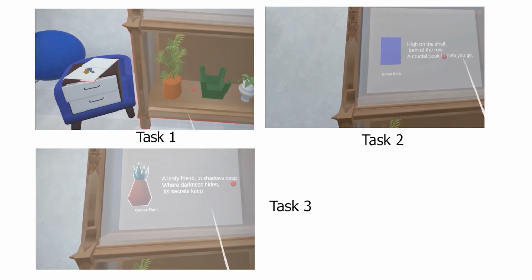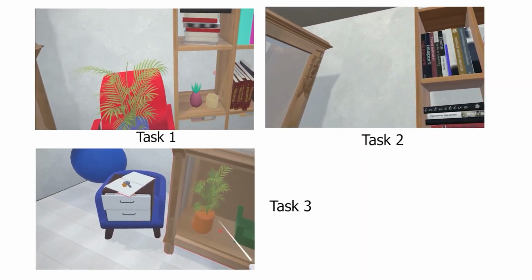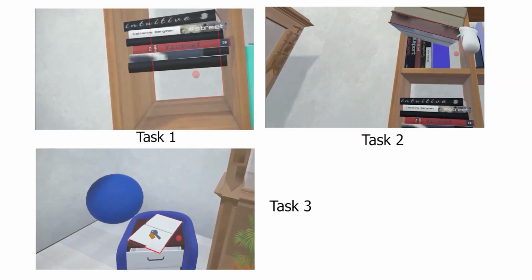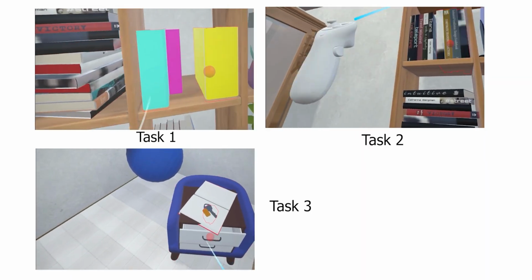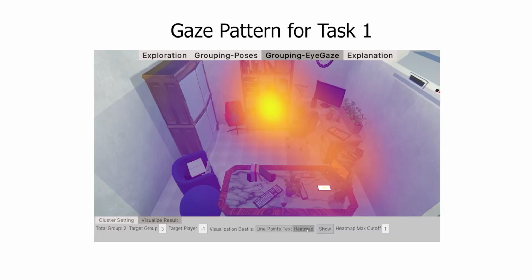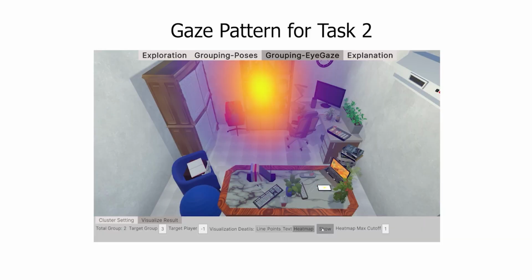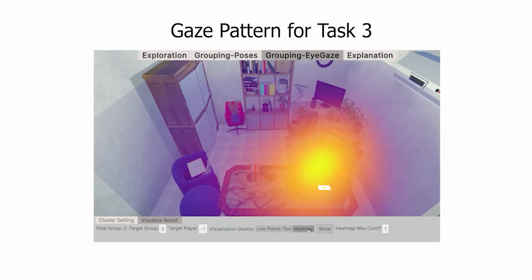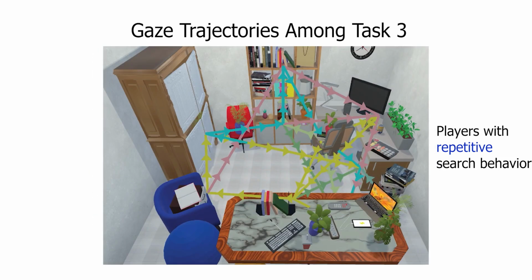Players are required to solve 3 poem-based puzzles, identify the locations of 3 hidden items, and search the room to find them in order to escape. We demonstrate how game designers can use the eye gaze grouping stage of HieraVisVR to identify gaze patterns across tasks or distinguish search behaviors among players